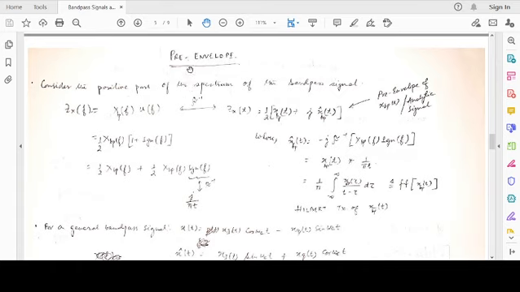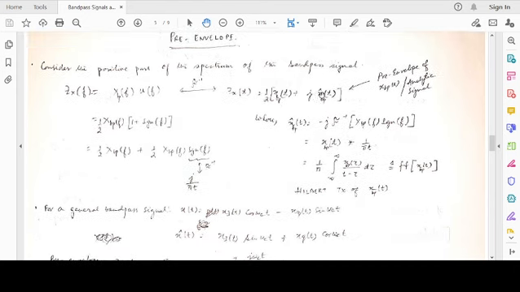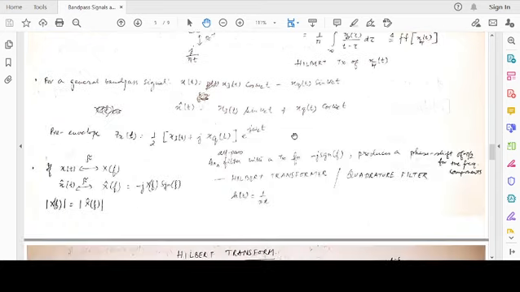In the last lecture, we discussed the pre-envelope, which was the positive portion of the spectrum of the bandpass signal. We found that the time domain representation of that positive portion of the spectrum is, with the scaling factor half, x plus jx cap. This x cap is related to x via the Hilbert transform. So x cap is x convolved with 1 by pi t, or in the frequency domain, if x(t) has a Fourier transform X(f), then x cap(t) has a Fourier transform X cap(f).